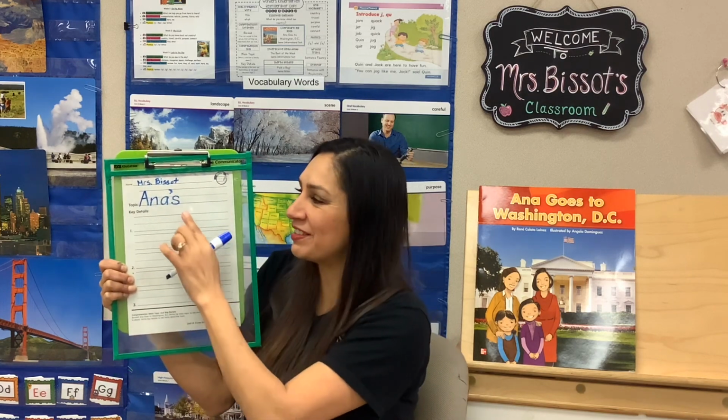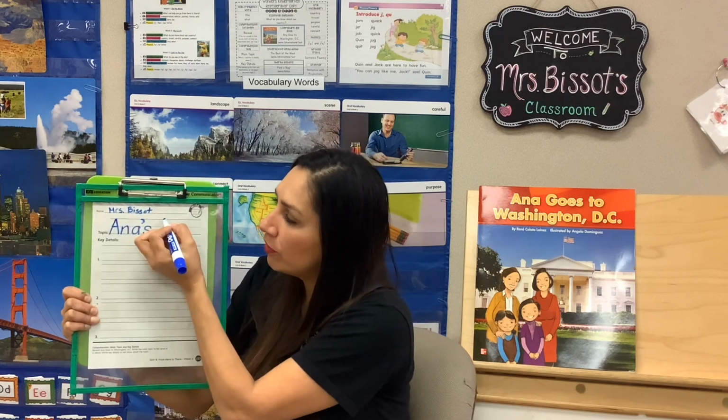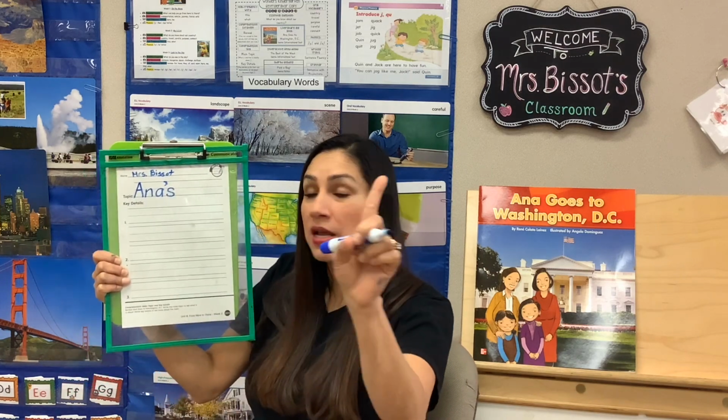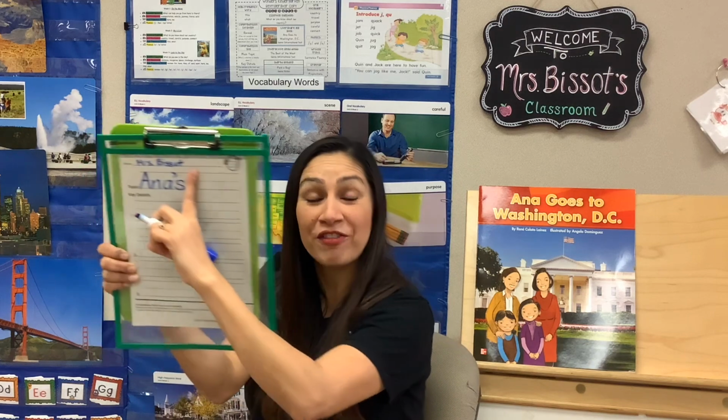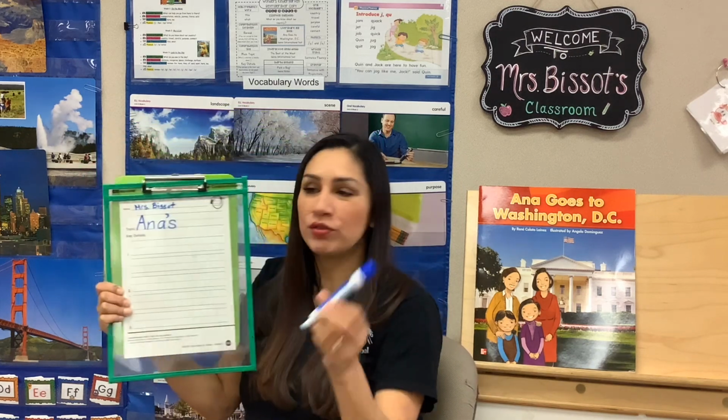So now it says Anna's, but we know that there's only one Anna because it has this here to kind of block it. Right here, separate it. So it's not a bunch of Annas. It's only one Anna, and the trip belonged to Anna. So Anna's trip. So the story was about Anna's trip. And we don't have to put a capital for the trip, the word trip. So please put finger space, make sure there's space after the S. So if you use a popsicle stick or something else, put something after the S, and let's write the word trip.